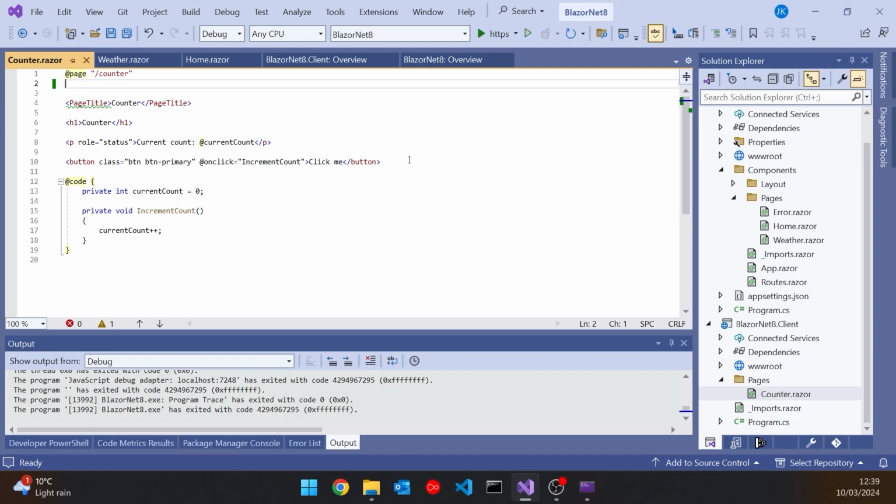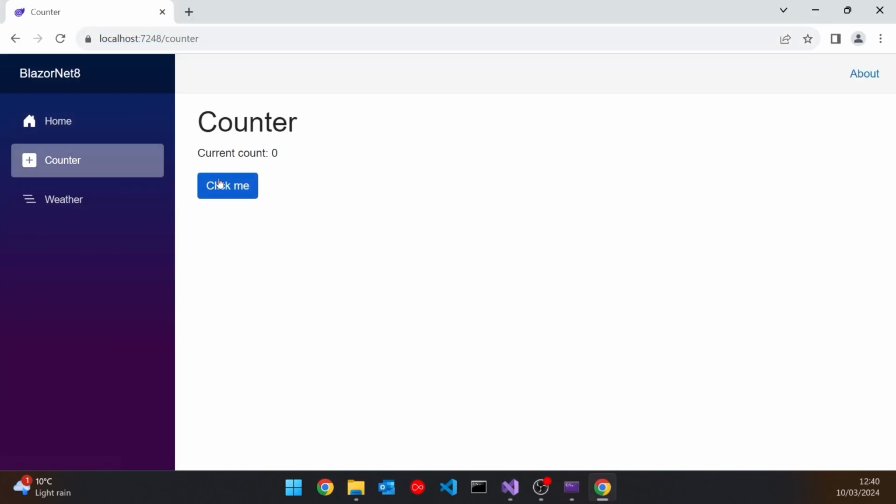So this is why we have this render mode. And there are various ways we can set this, but what I'll do just for this video is show you setting it on the component itself. So what I'm going to do is put in there @rendermode, and then there are 3 options we have here. And the first one I'm going to do is one called interactive server. And this is telling it to use server-side rendering, which, as I say, has been around for a long, long time in Blazor. So if we run it up and go to the counter and start clicking click me, we can now see that it's working again okay.